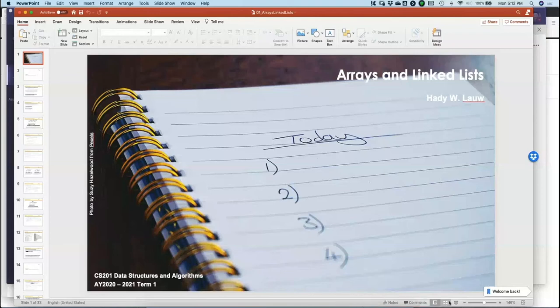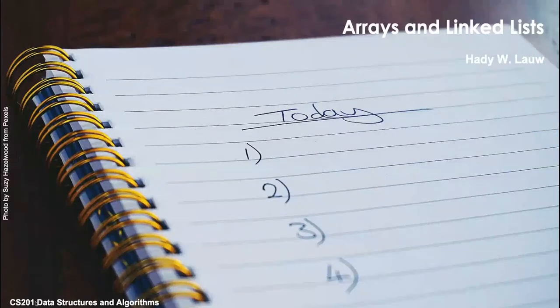All right, so the next topic that we're going to talk about is arrays and linked lists. Now, in some ways, they are basically data structures that are building blocks for a lot of things. I don't think these concepts are going to be completely new to you. Take it as a kind of refresher, but we are going to start to emphasize